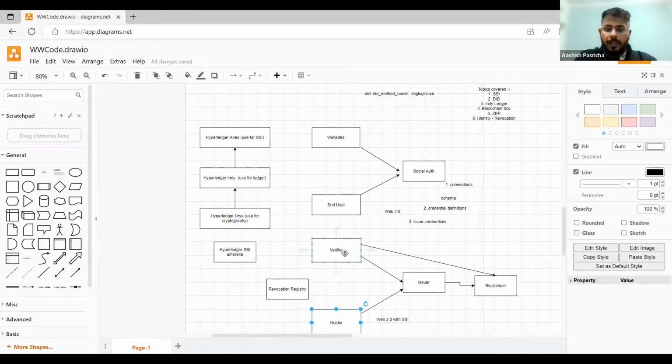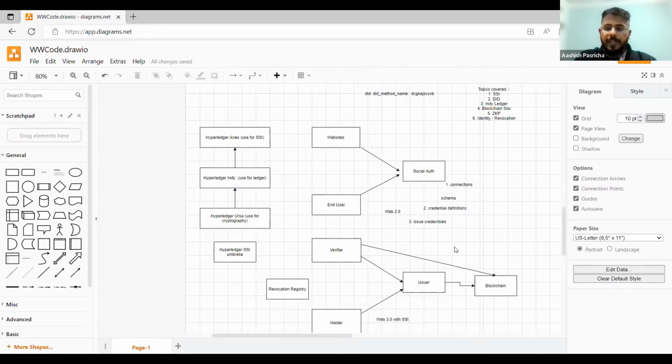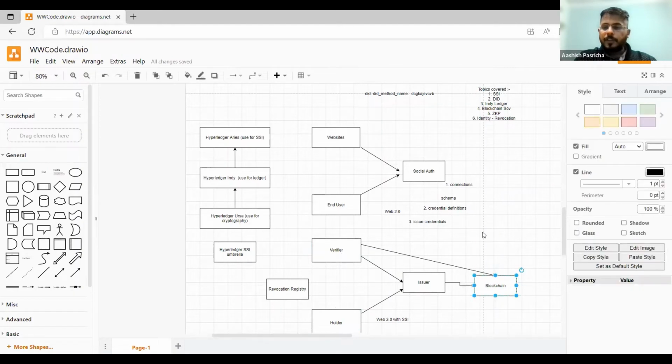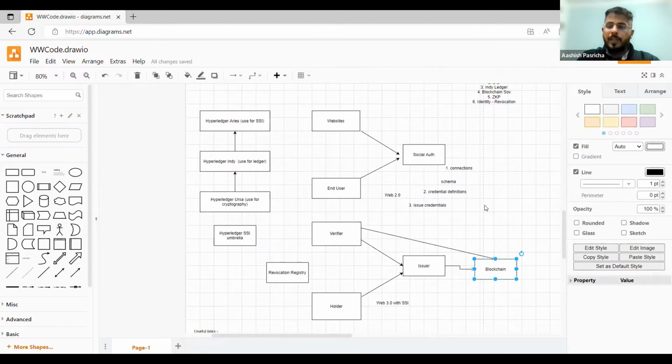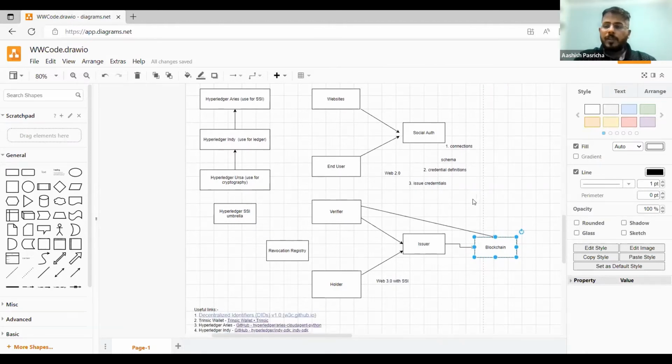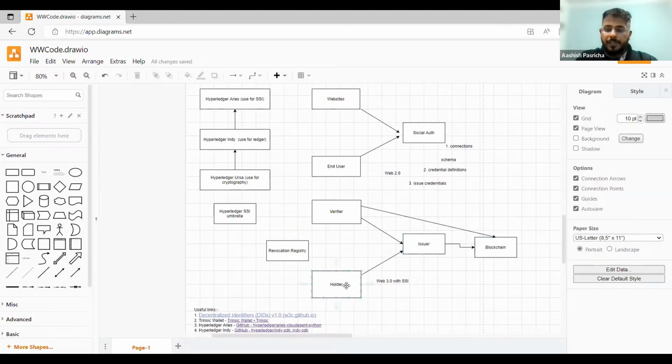And again, when it comes to the verifier, he also needs to have his DIDs registered in the blockchain. So that will also be a public DID. Let's move forward and establish that we have created the connection between the issuer, the verifier and the holder. Now, when we have established the connection, the second step is that the issuer needs to create some kind of schema in order to